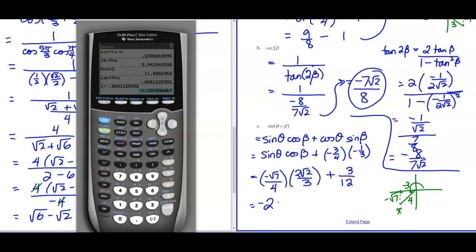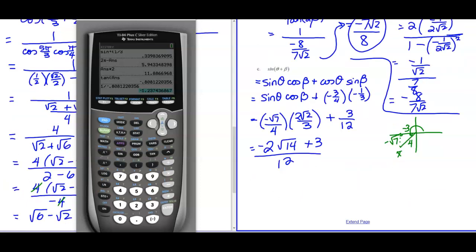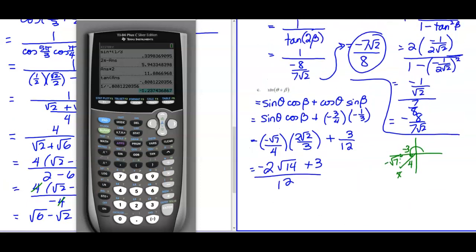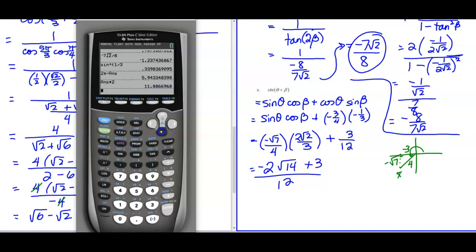Negative 2 root 14 plus 3 all over 12. So I'll do this in a fraction. Negative 2 root 14 plus 3 all over 12. Okay. Then